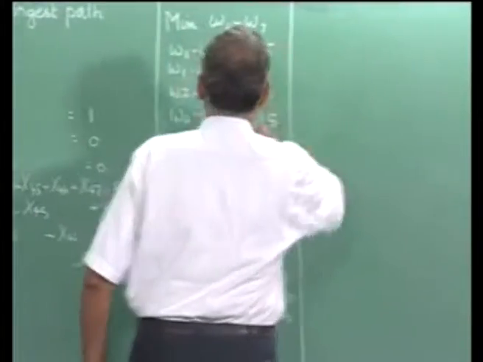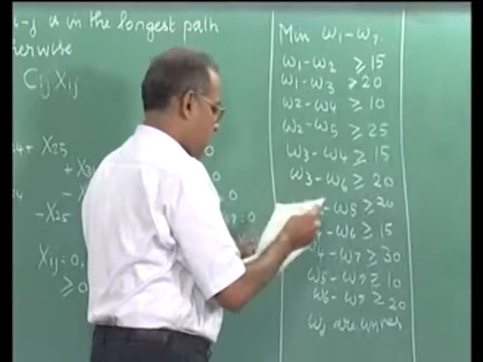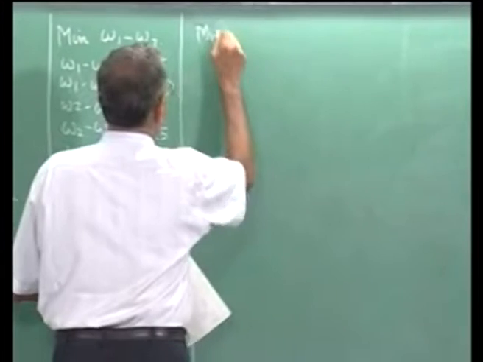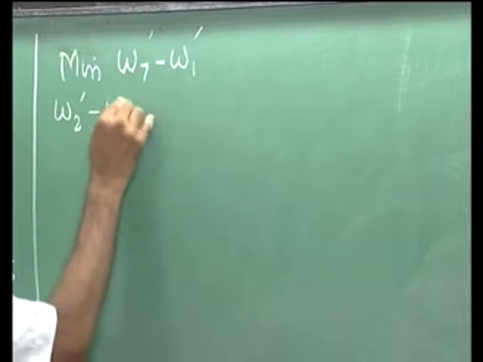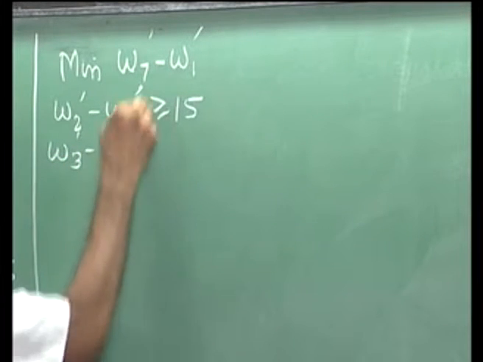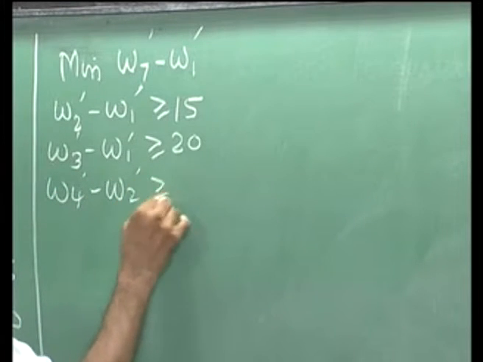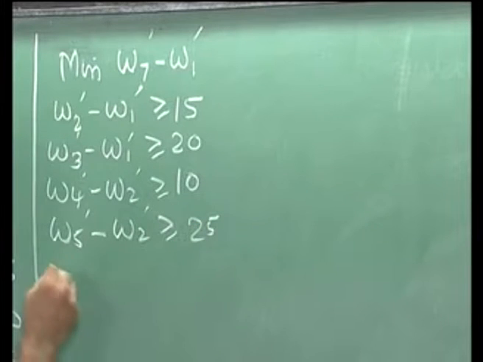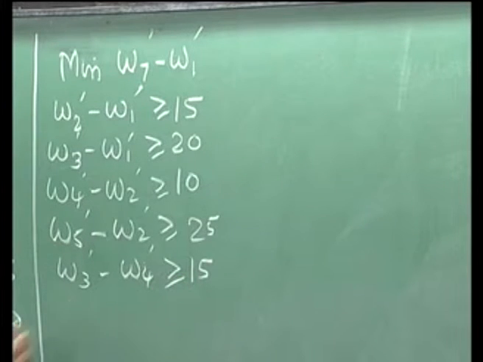So this will now be rewritten as: minimize W7 dash minus W1 dash, subject to W2 dash minus W1 dash greater than or equal to 15, W3 dash minus W1 dash greater than or equal to 20, W4 dash minus W2 dash greater than or equal to 10, W5 dash minus W2 dash greater than or equal to 25, W3 dash minus W4 dash greater than or equal to 15,